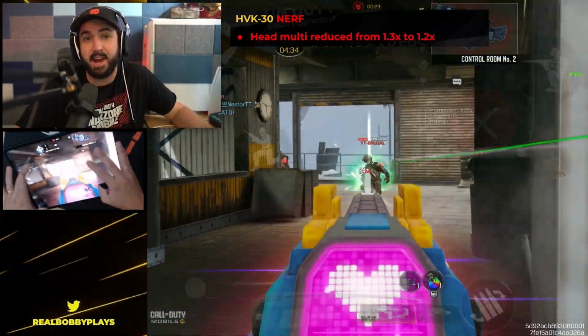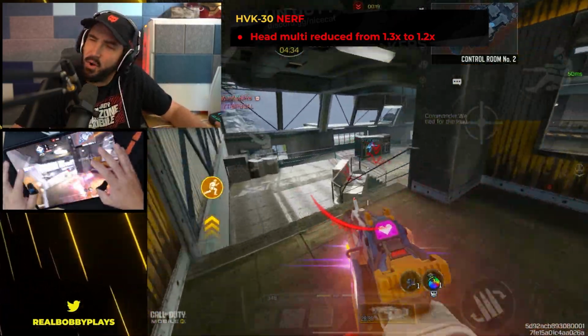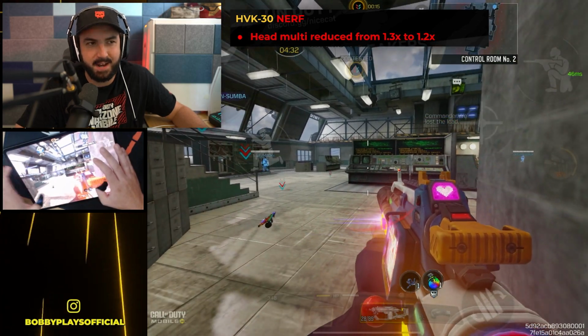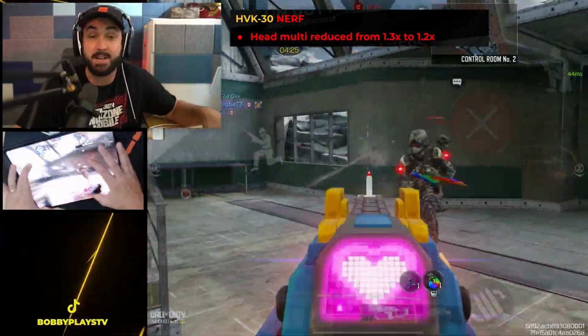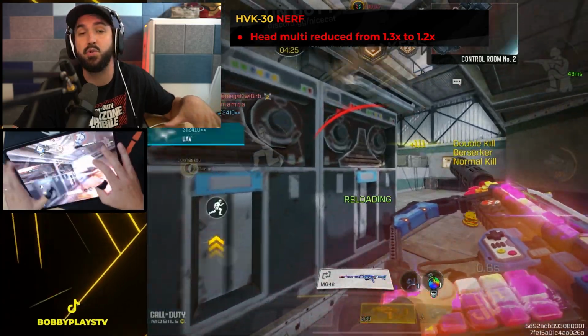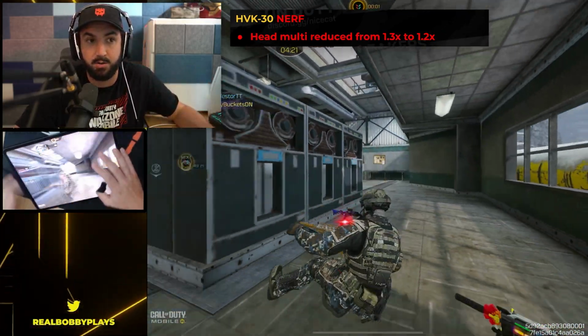Next, we got an HVK nerf, which is something I've been asking for a long time, and while it's not quite exactly what I was hoping for, I think it is going to help to some extent. They nerfed the headshot multiplier, which absolutely was necessary. It goes from 1.3 for the base gun, not for the large cal, down to a 1.2, and assuming that it's going to have a 0.1 reduction when using the large cal,